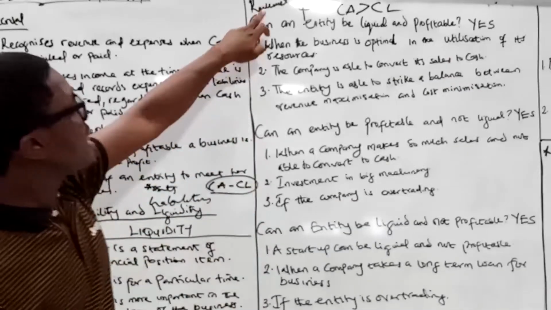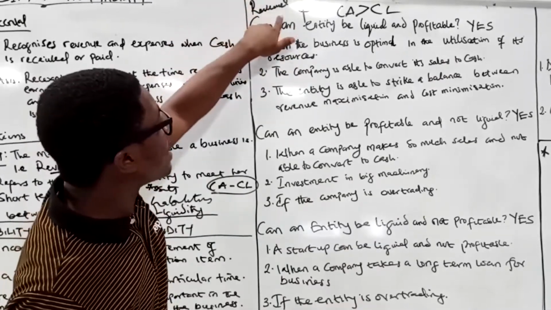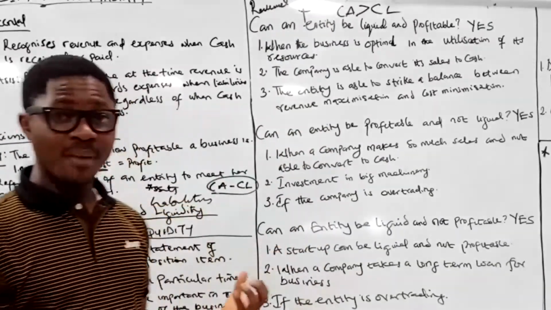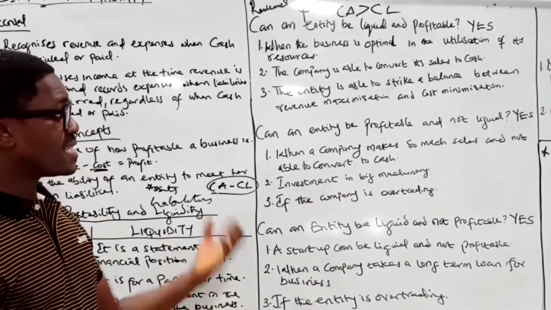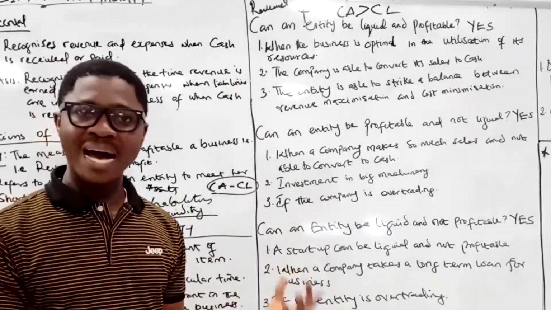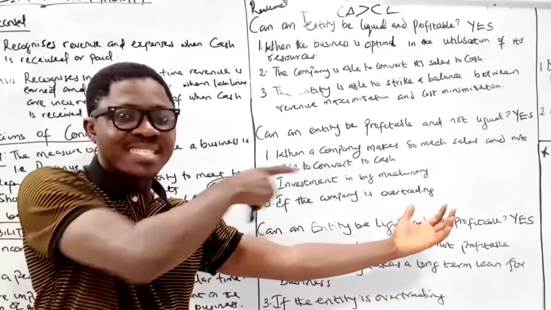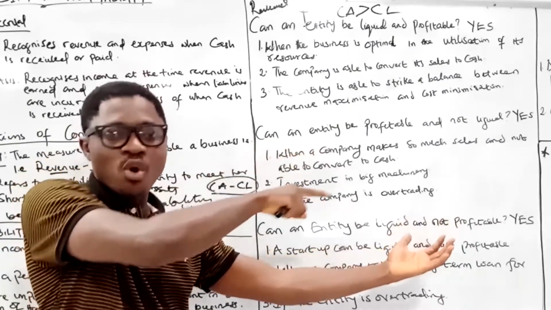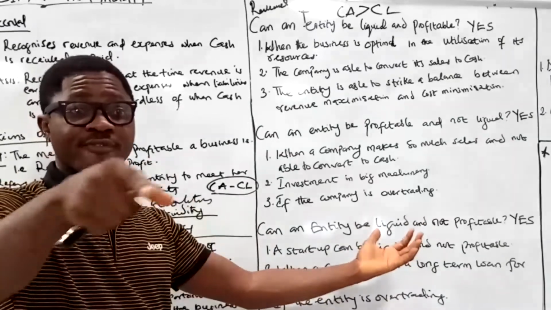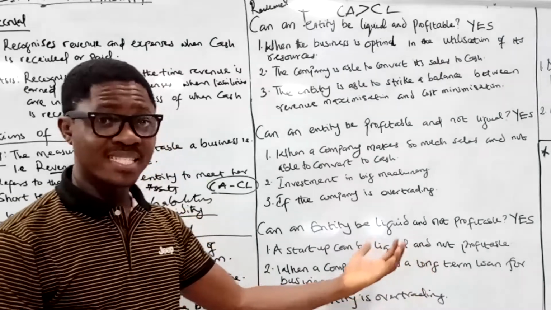And of course, if the company is making so much revenue, that means the company is profitable, and if the revenue is converted into cash, that would also mean that the company is liquid. On that note, we can say that the company is striking a balance between liquidity and profitability. How? The company is making sales, sales is increasing, which possibly affects the bottom line, and the sales are not credit sales, they are cash sales. So cash is also coming in to increase the current assets, which when used to subtract the current liability, also tells us that the company is liquid.